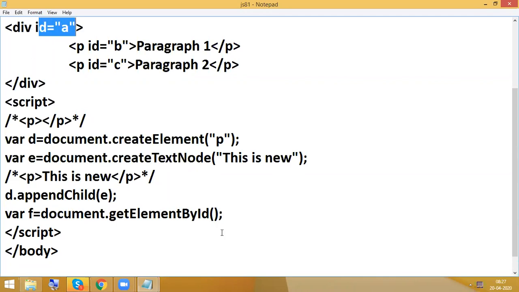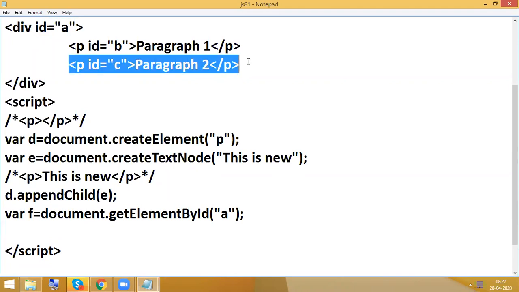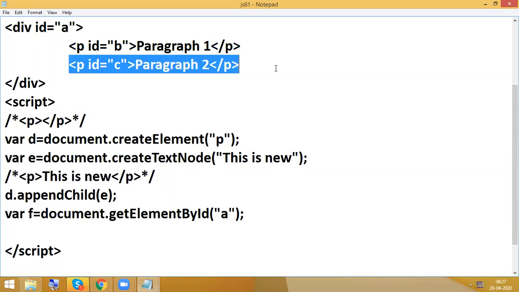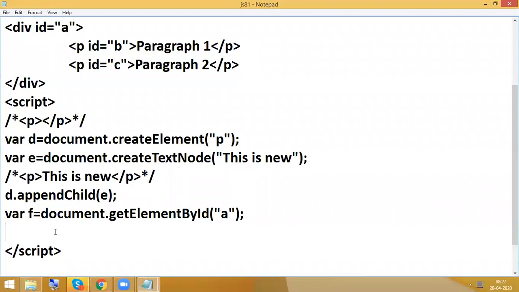This one, hash a, nothing but id a. Next, we are going to target the child element. I'm going to display the newly created paragraph, this is new, before paragraph 2. That is the reason I'm targeting that child element.